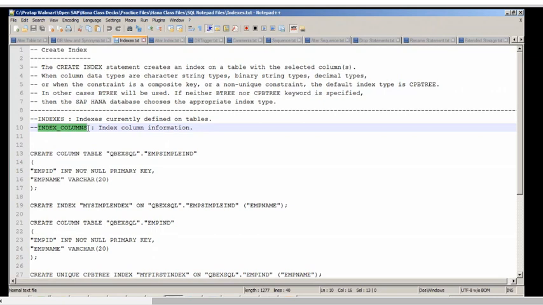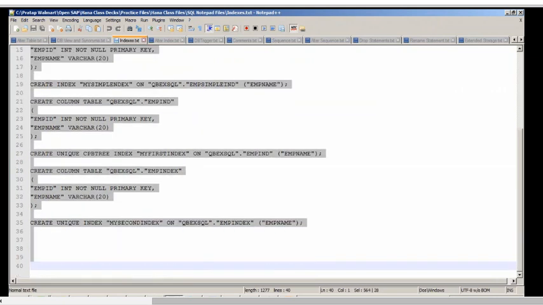These tables hold the metadata of these indexes. Okay, and I'll show you how we create an index. Very simple.